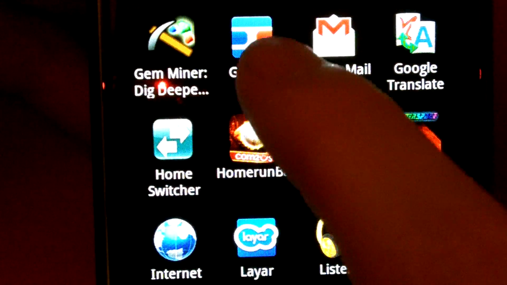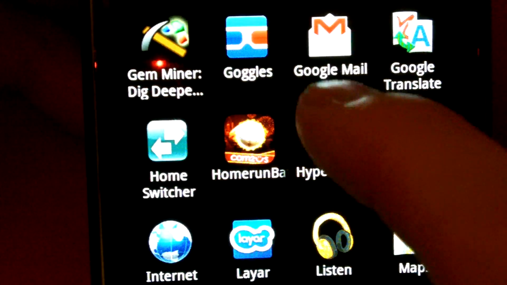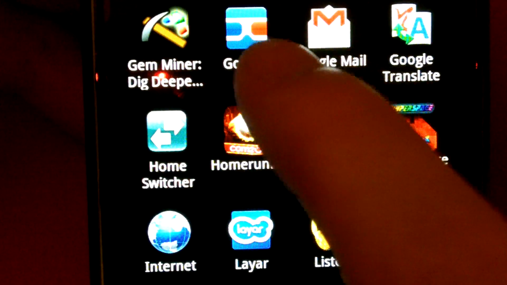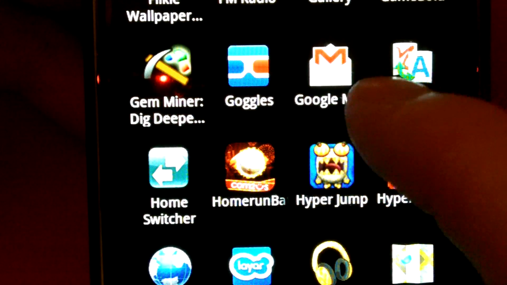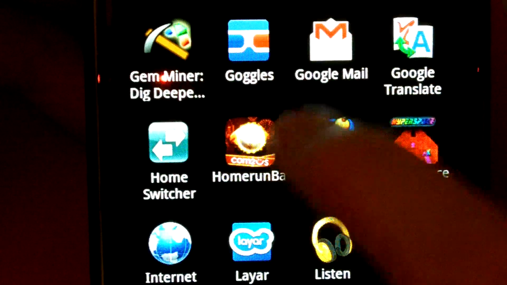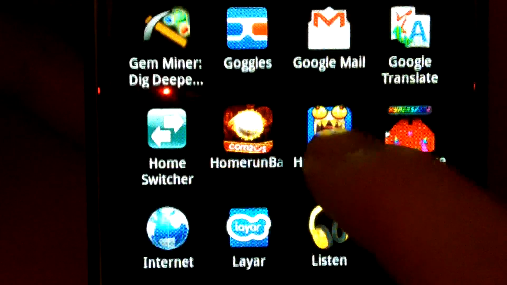It's kind of cool. Google Goggles, you take photos of stuff and it Googles it for you. It's kind of cool to show off what your phone can do. And you can also scan barcodes. Sorry, I can't talk today. Right, Google Mail, Google Translate, which I only ever use to find rude words in other languages, because I'm